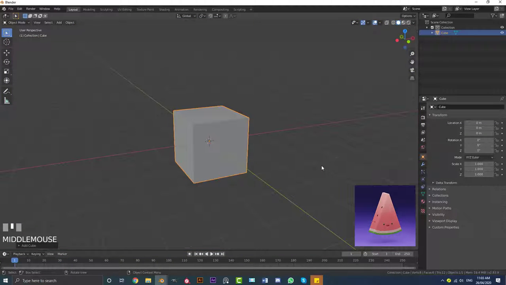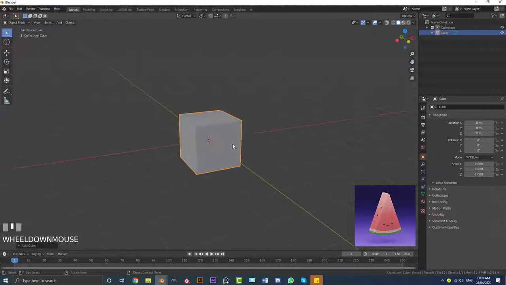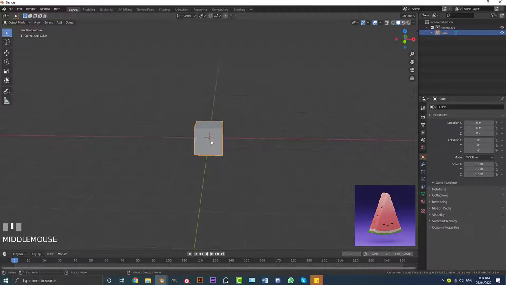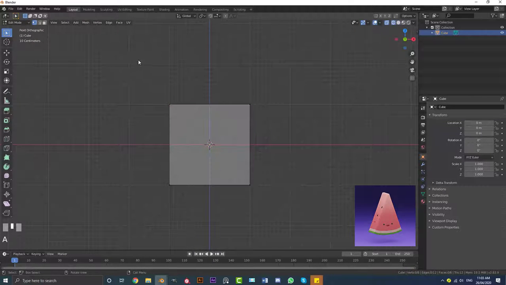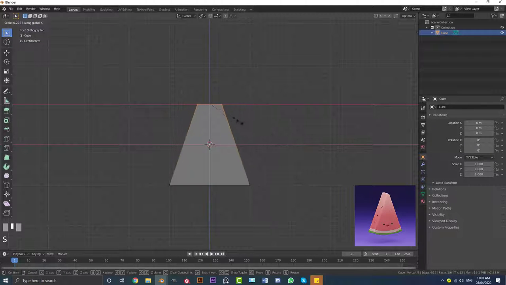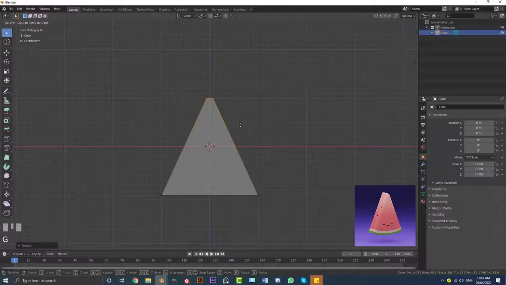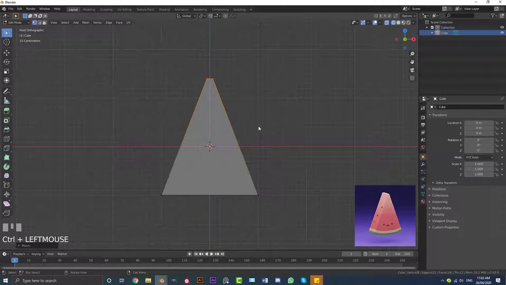Okay, so with the new scene open up in Blender, go ahead and select your default cube. And with the default cube selected, we're going to go into a front orthographic view. We're going to tab into edit mode. And we're going to select these top vertices here. And then we're going to go S, X, and we're going to scale them down in X, just to make it a little bit more pointy. And then we're going to go G, Z, and just bring this up a few spaces,